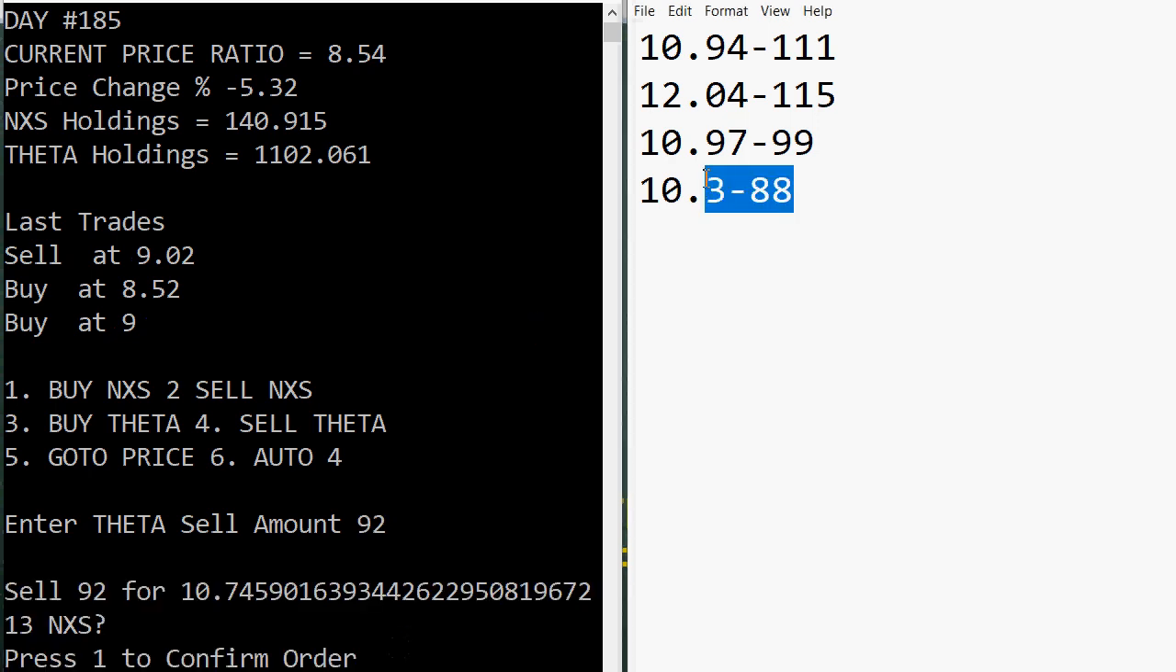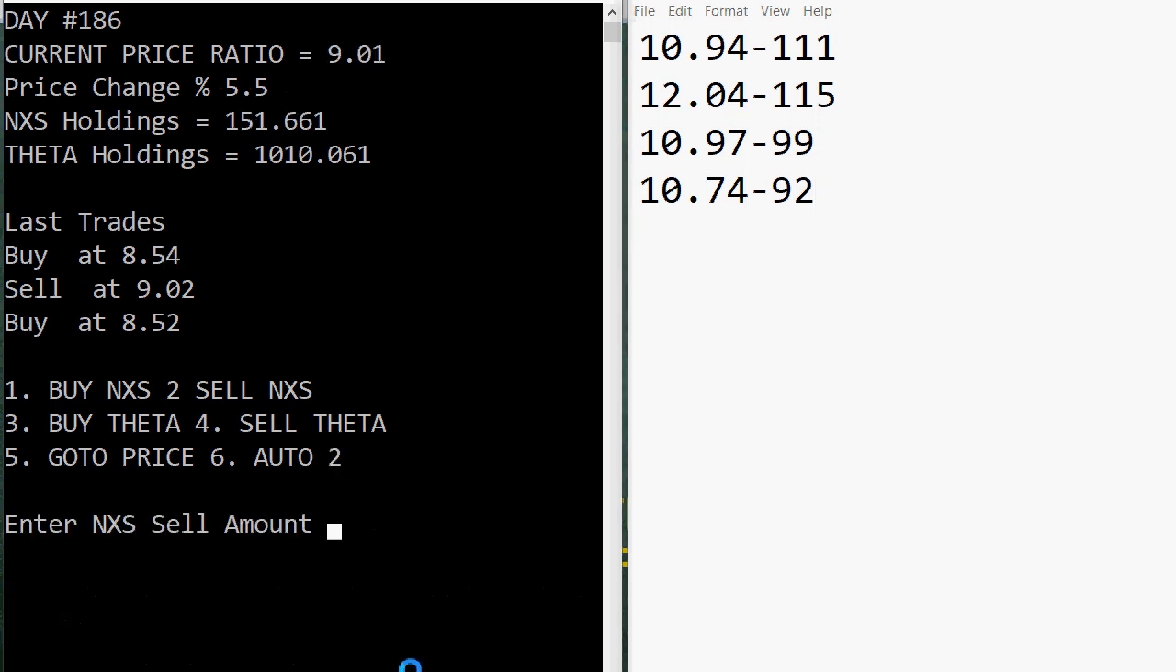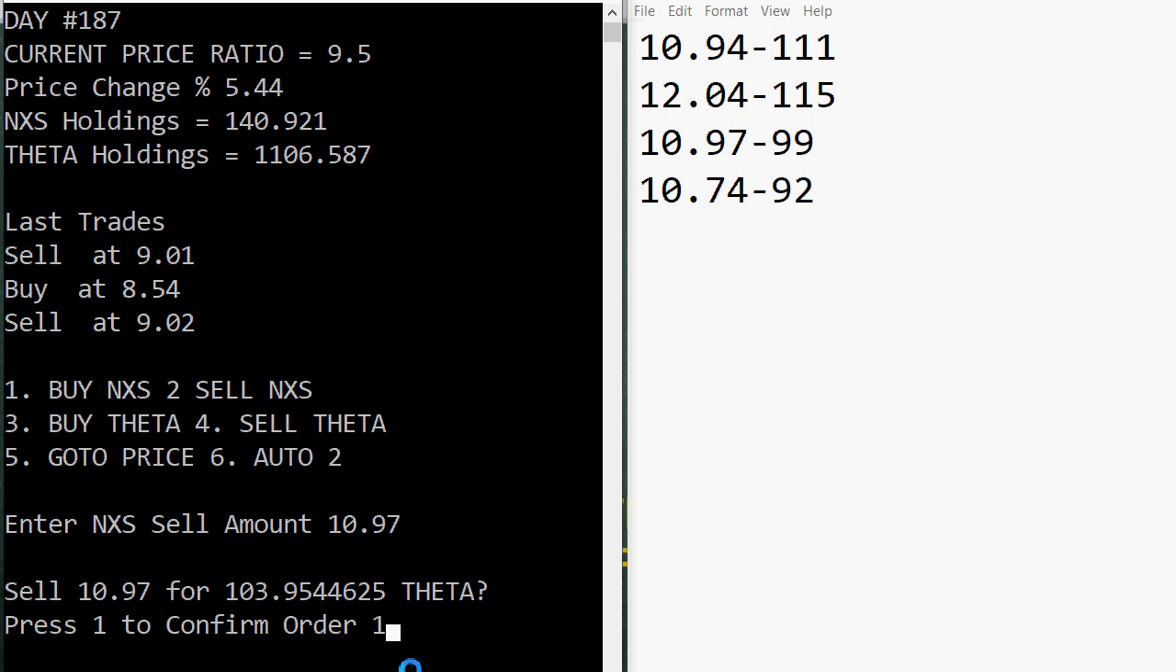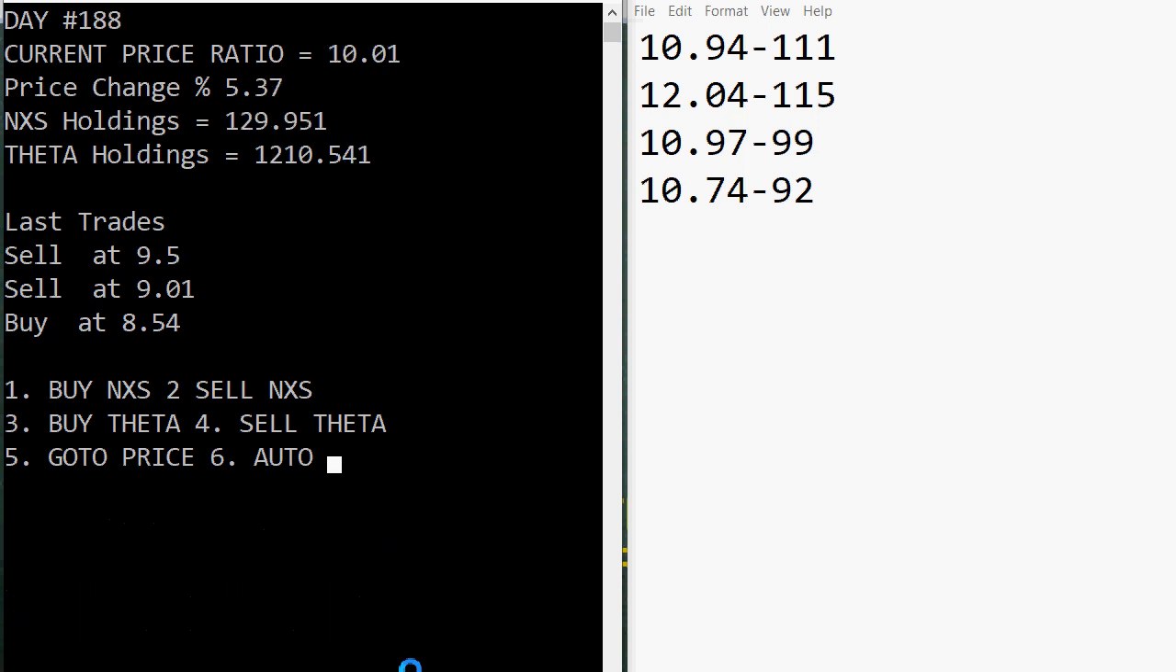So it's like a little bit of a game, if you will. And the game has scores, and we can see there's a whole bunch of numbers. That's what they represent, our scores. 10.74 we sell, and get back 96. And now we're going to do the 10.97 sale. Get back 103. Do the 12 sale now,